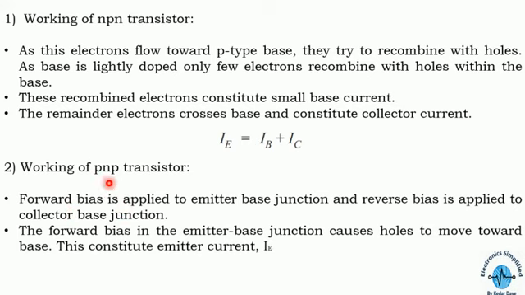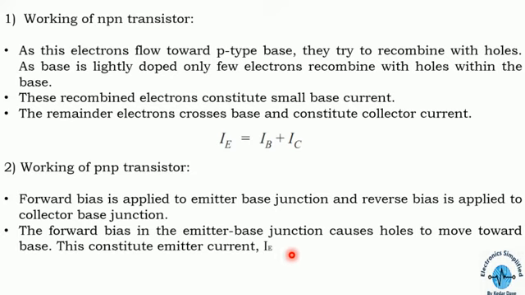I am telling you that this one is not much in use nowadays, but for the PNP transistor, if we need to understand, forward bias is applied to the emitter base junction and reverse bias is applied to the collector base junction. Again I am saying that this biasing condition will provide the different actions of the transistor, but right now we are considering only one action, that is due to this forward reverse condition, the amplification process, and the transistor will be operating in the amplifier condition.